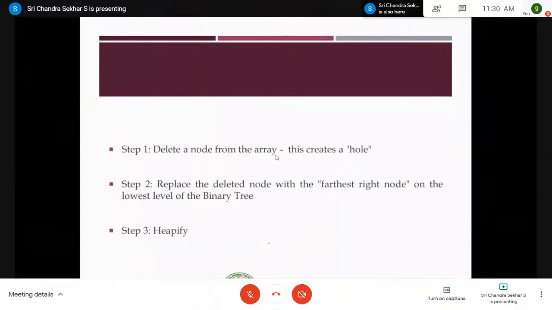Very, very important. The probable questions in this particular concept are, you will be given a list of elements and you are asked to identify how many heapify operations you have performed for the second delete operation, or how many heapify operations need to be performed for inserting a new element, some x. So this is a very important topic which we have discussed.